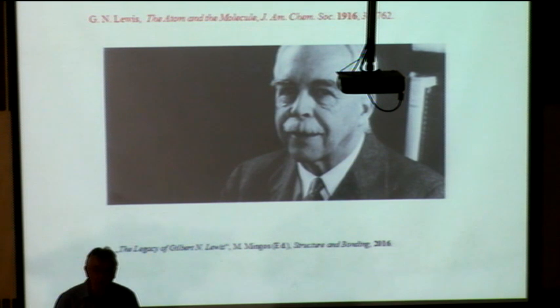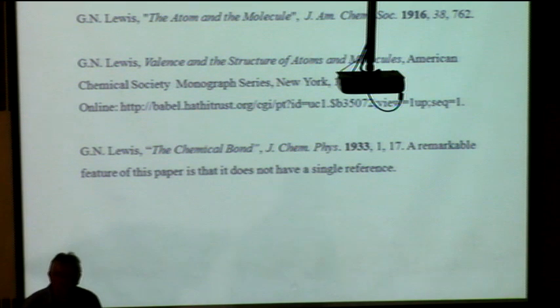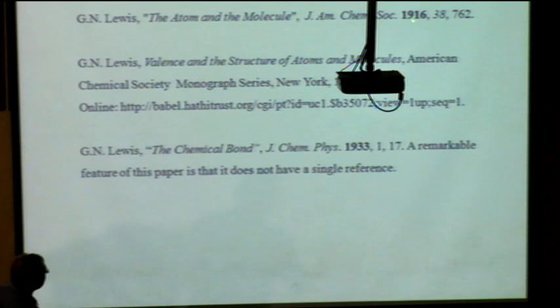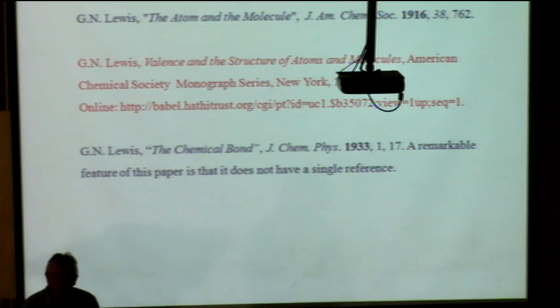There are actually only 3 major papers which he ever published on the topic. Gilbert Lewis was an amazing person, and it's worthwhile to reread it. Not only his 1916 paper, but particularly the 1923 monograph, which is out of print, of course, but it's online available from this address. You can get it. You can still read it. And only another paper in 1933 appeared about the chemical bond in a very, very dull tone and a very sad tone, and it ended with the words, I think I cannot really contribute to this topic. Another amazing paper because it did not have a single reference.